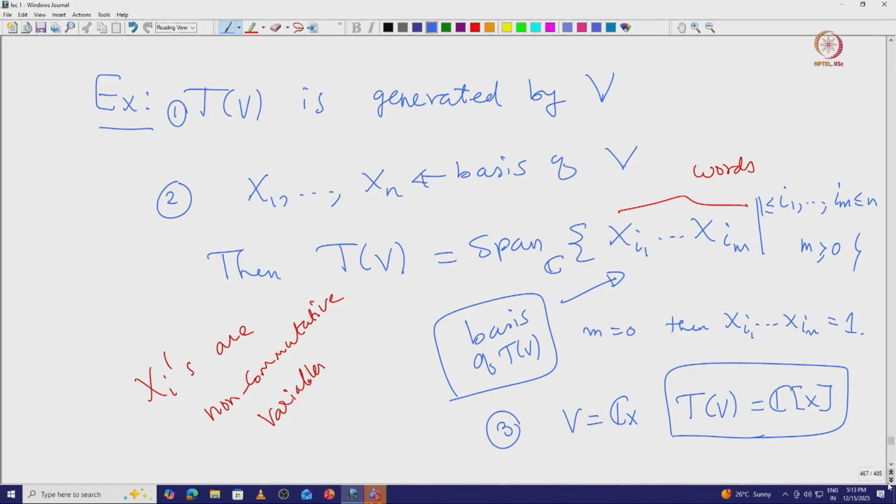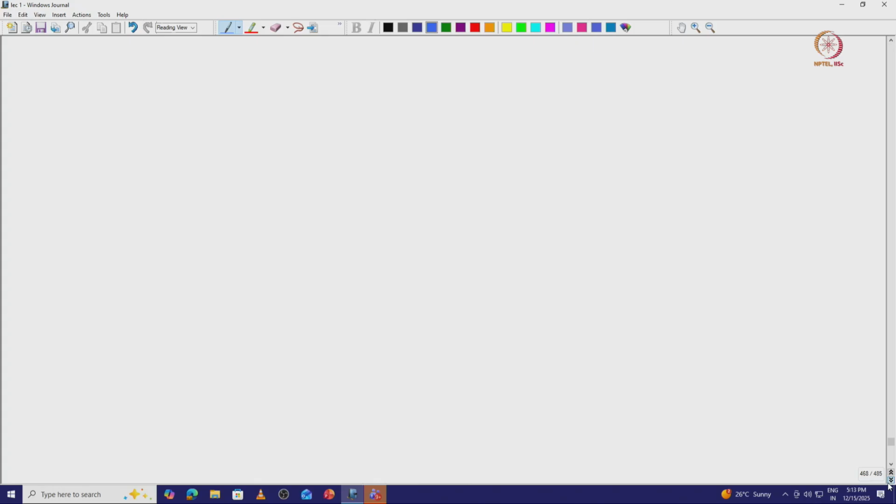But it gets interesting even if you take a two element basis. So, suppose V is indeed spanned by Cx and Cy. Then TV becomes the non-commutative associative algebra generated by x, y. So, in particular this is going to be the span of